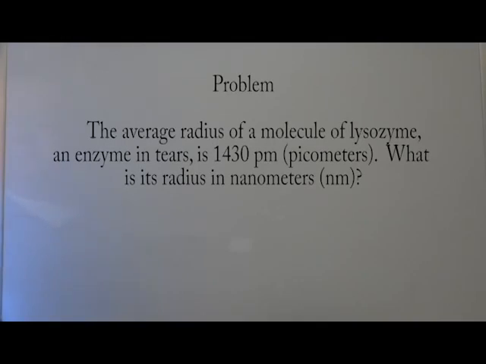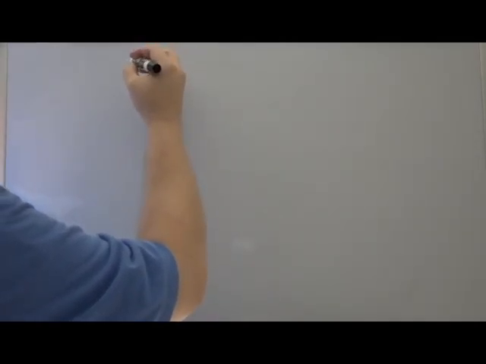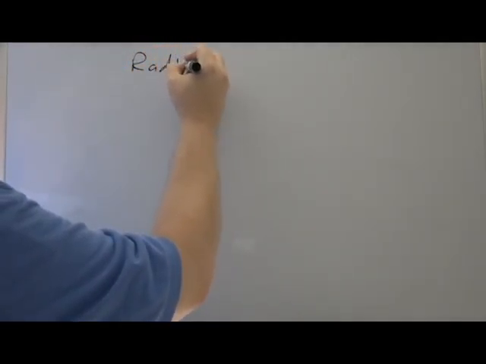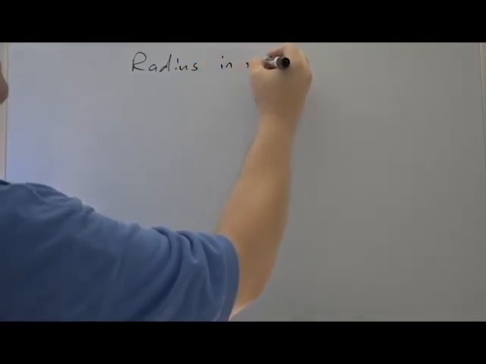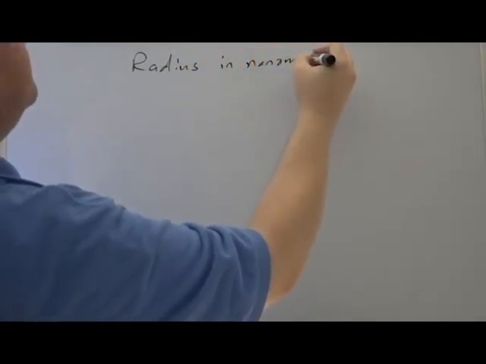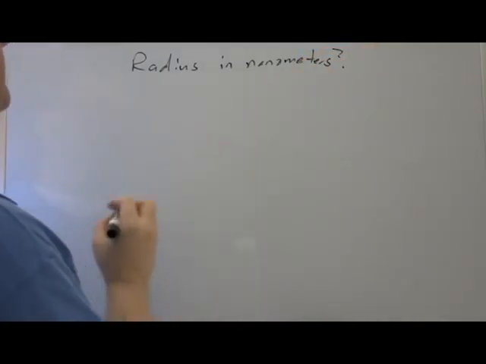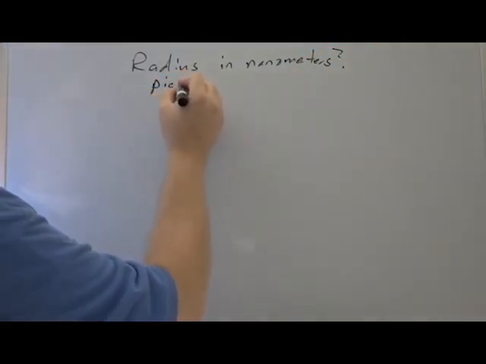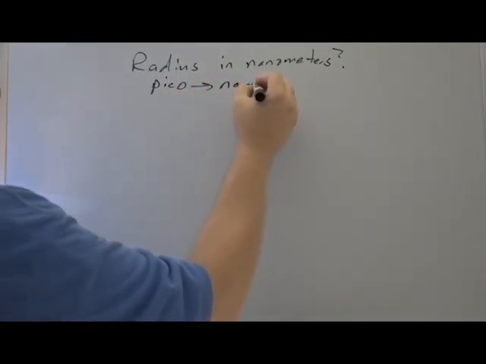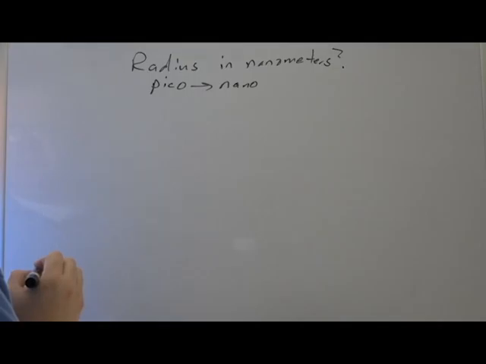For the first problem, we have this. Okay, so what are we actually looking for? We know picometers, and we need to go to the radius in nanometers. So that's what we're looking for. We need to go from pico to nano. Okay, so what information do we have in the problem? The average radius of the lysozyme